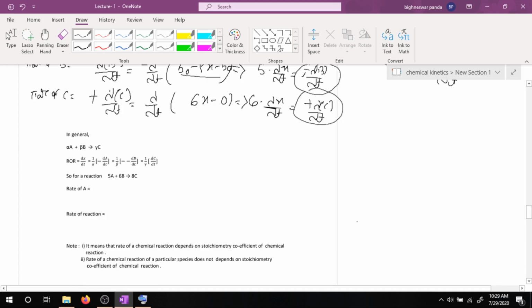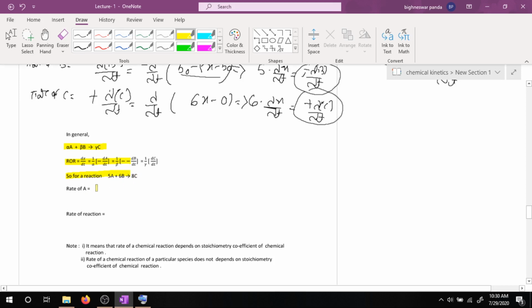Let us consider a reaction alpha A plus beta B gives rise to gamma C. Here I can write that the rate of reaction is dx by dt, that is 1 by alpha of minus dA by dt, equal to 1 by beta of minus dB by dt, equal to 1 by gamma of dC by dt. So for a reaction 5A plus 6B gives rise to 8C,